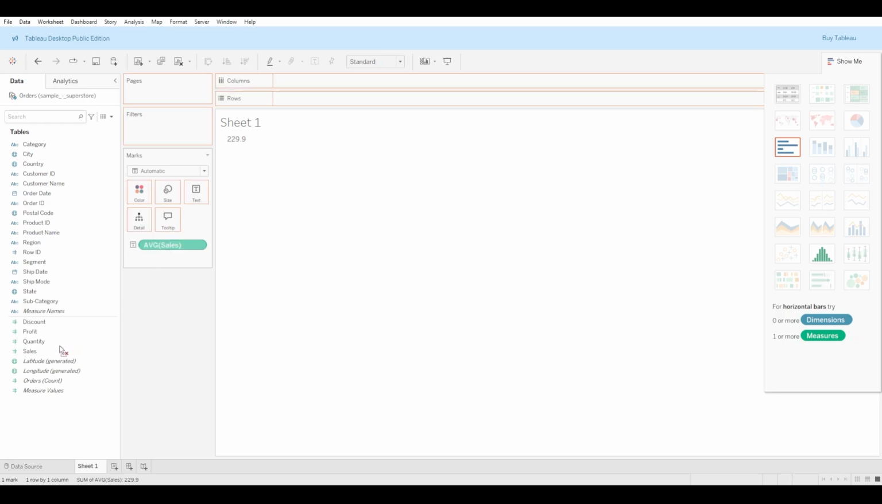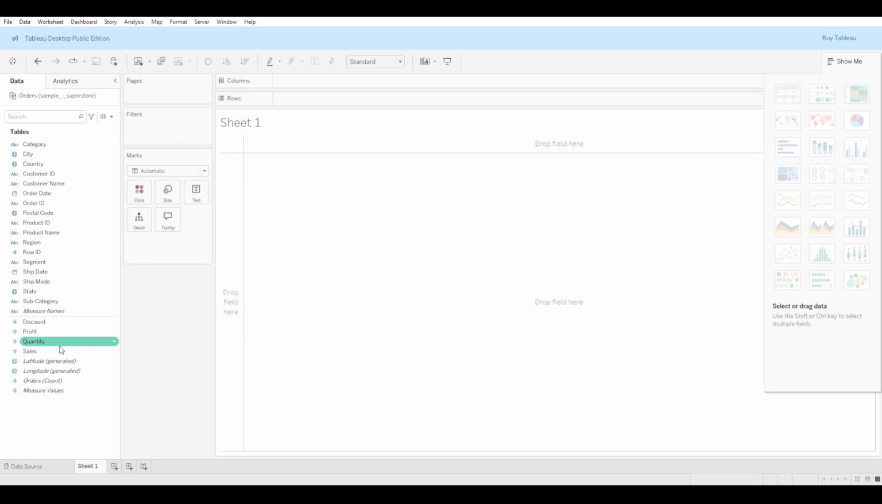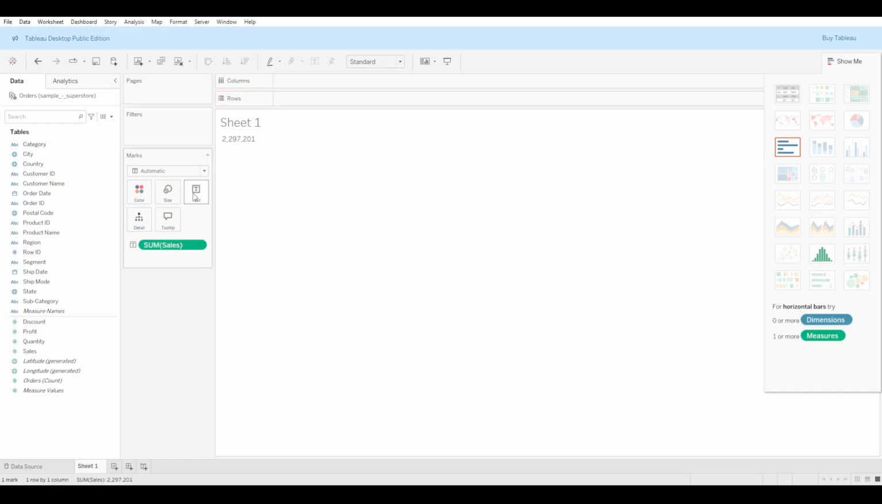Now drag it back to the measures section. And if you drag the sales again in the text, you can see the default aggregation happen again with the sum. If you want to change the default behavior of the aggregation for that field, drag it back to the measures section,